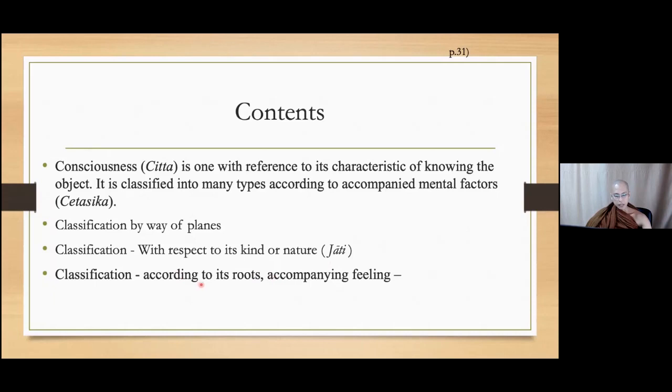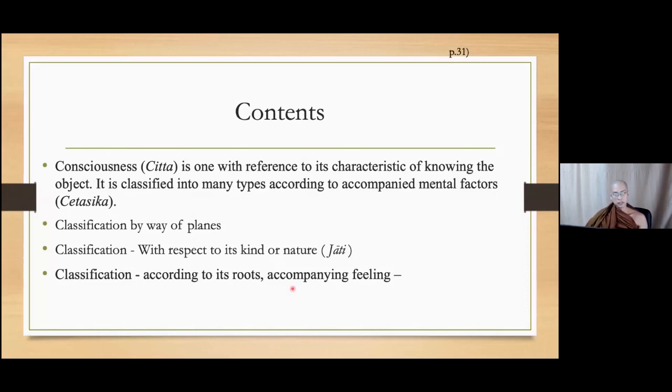And the classification according to its roots. I will introduce the roots in this lesson: 6 types of roots. According to these 6 types of roots, the consciousness can be classified into groups. And also accompanying feelings. What kind of feelings accompany that consciousness? Then we can name it and make a group. So this is the way one type of consciousness can be classified